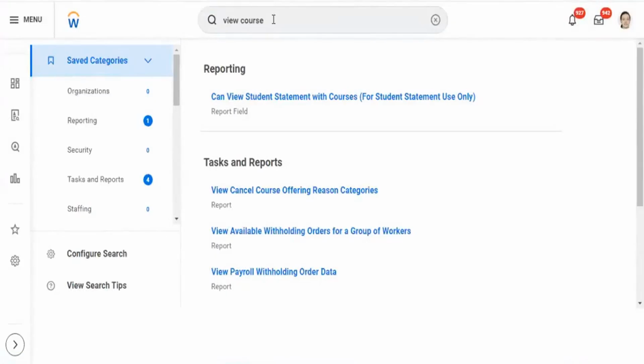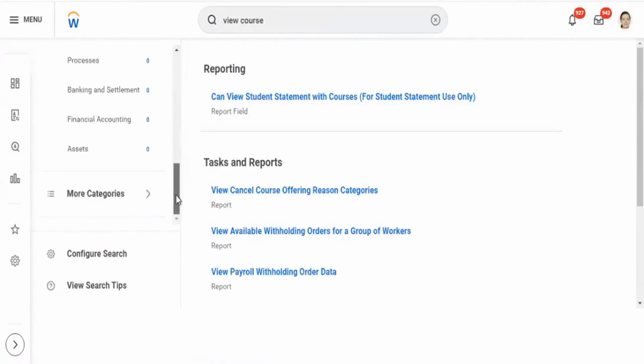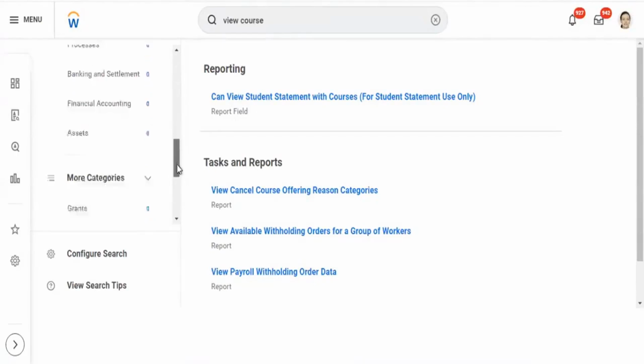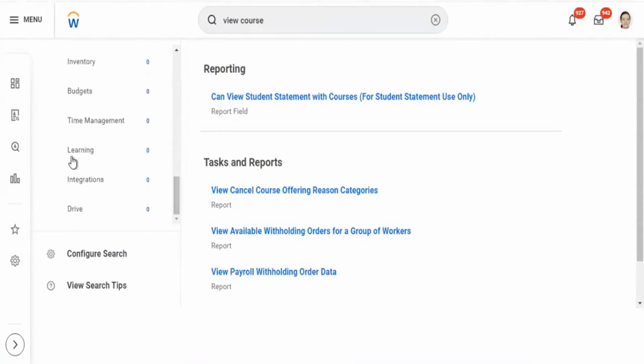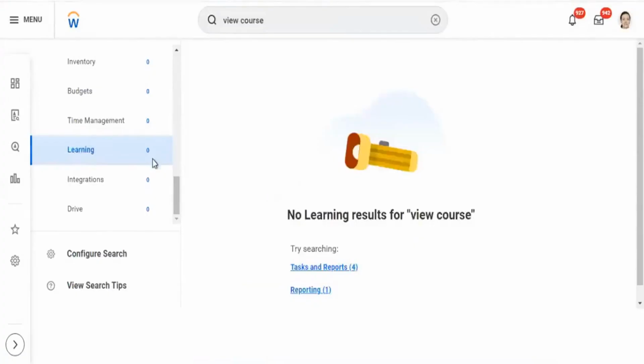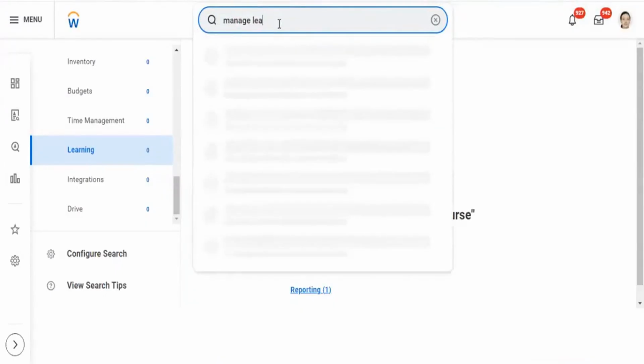This is for when you're not able to find something. When you search on the search bar, you can come into the categories and check. Since you're looking for learning, you can click on more and it should show something related to learning. Click on learning. If it comes under this category, whatever you're searching for in learning, it will show the number of search results here. Now, what we're trying to do is access a class for managed learning equivalency rules. Yes?